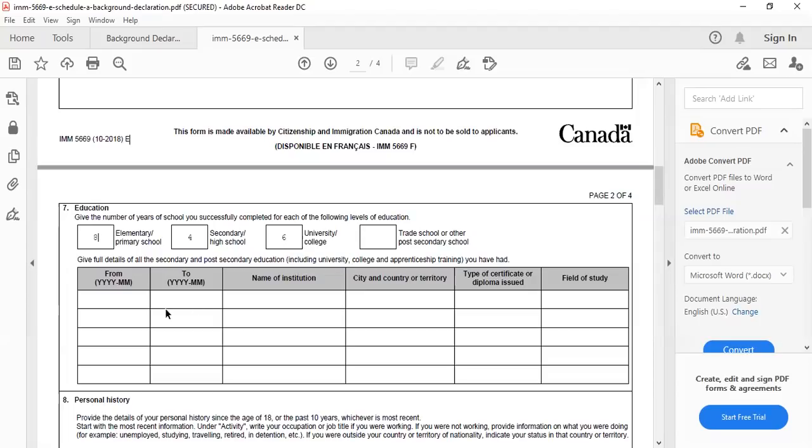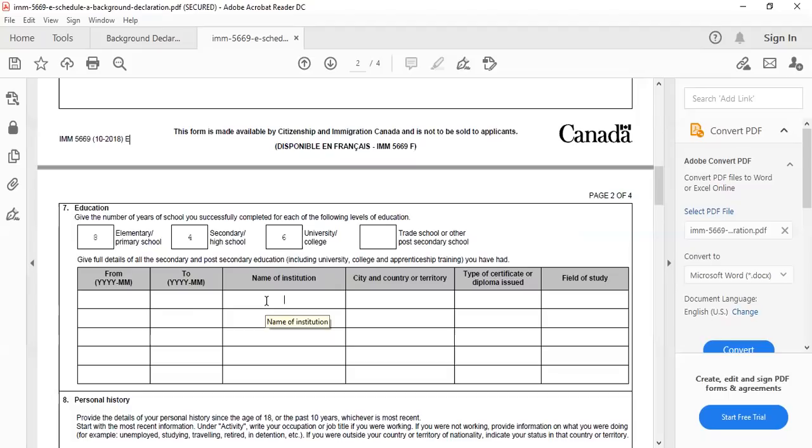The next thing is to give the full details of your secondary, university, and elementary education, like we have mentioned over here. First I'll start with the most recent one, the university, with my post graduation course. You need to enter when you started your post graduation course till when you studied, and the name of the institution. One thing I would like to mention: if the name of the institution is too long and does not fit the space we have over here, we have a workaround for this. I'll show you that workaround also.